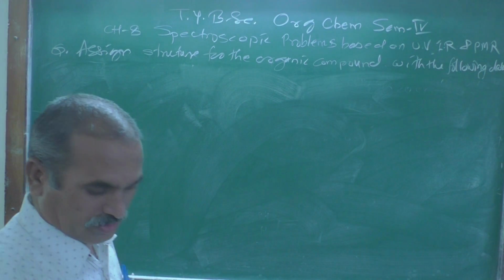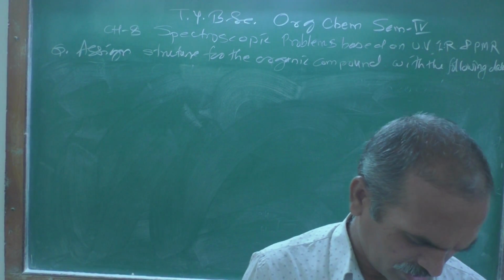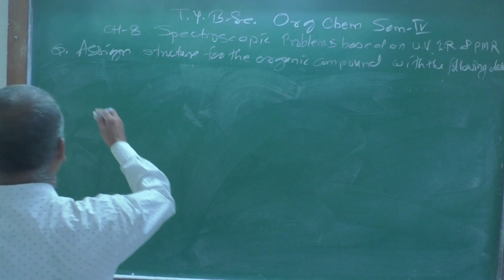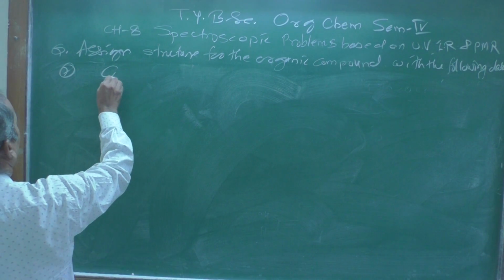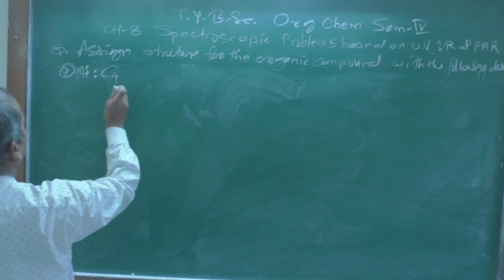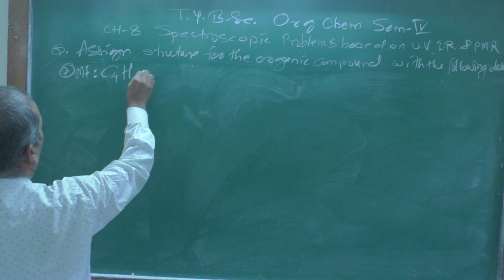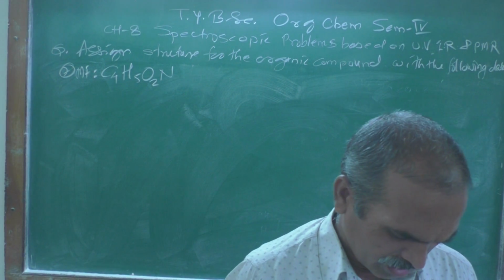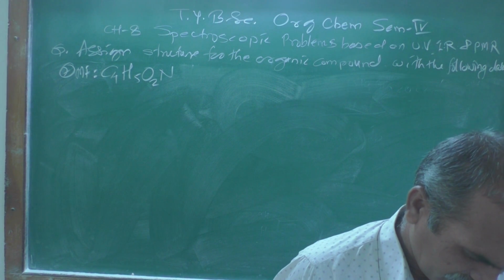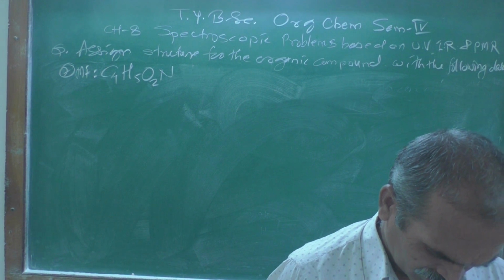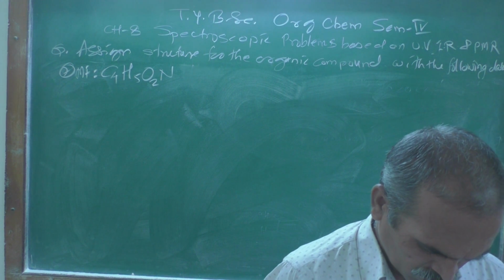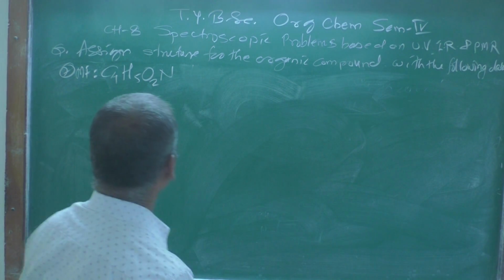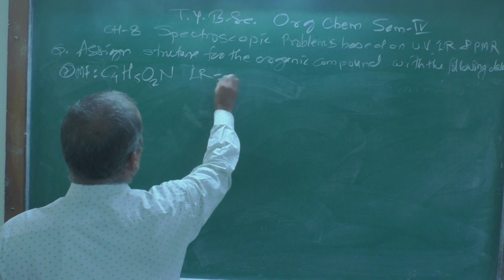Now, the molecular formula which is given here is C4H5O2N. This is problem number 7, where the molecular formula C4H5O2N is given. Now IR values are also provided, that is